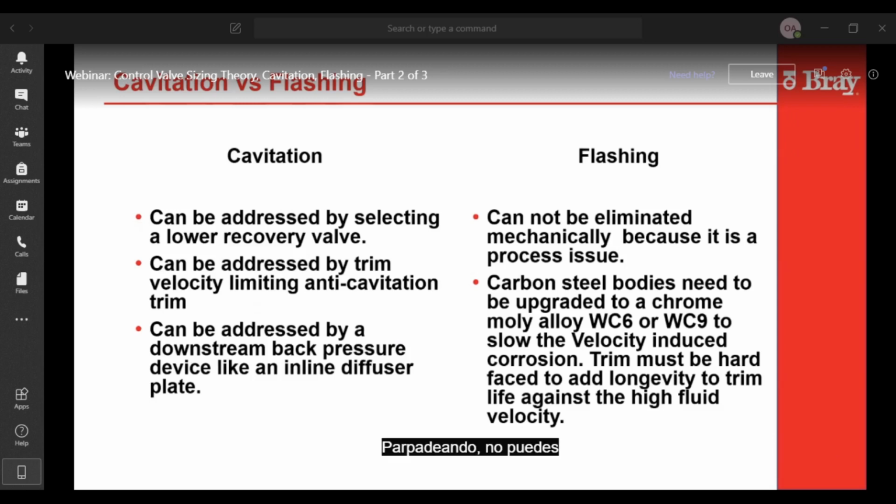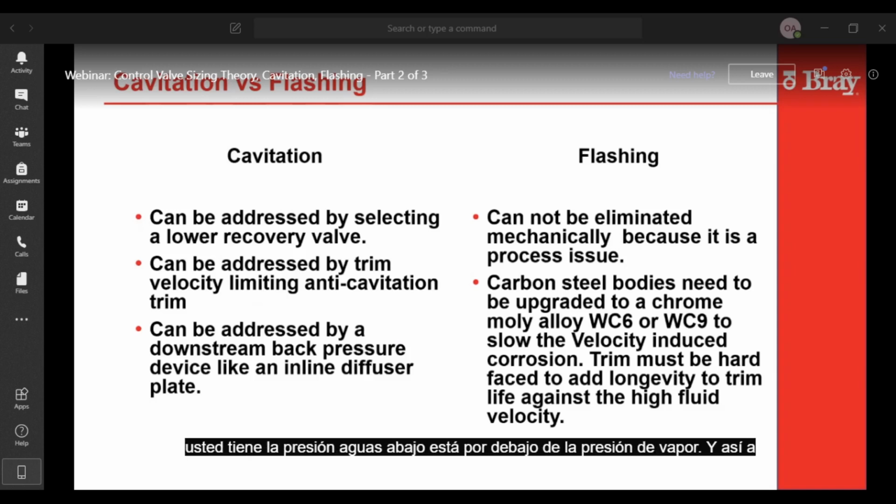Flashing you can't eliminate with valve trim or valve selection because it's a process phenomenon. The downstream pressure is below the vapor pressure, and so unless the process can be changed, there's no way to mechanically eliminate it. But what you can do is basically armor plate the trim of the valve. You basically overlay the valve with some kind of stellite or other hard material to withstand the velocity,